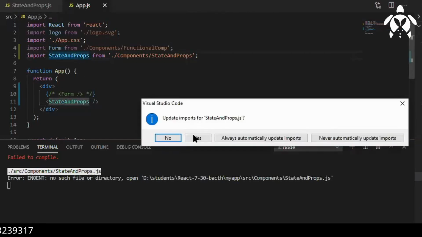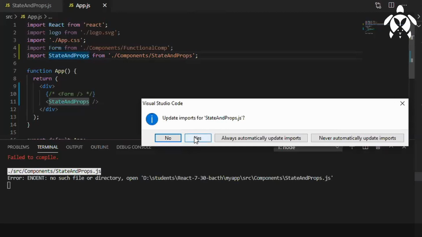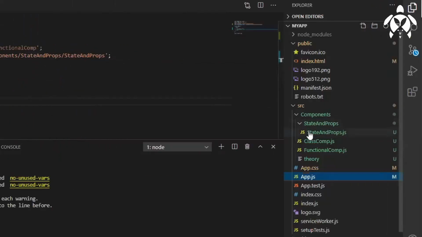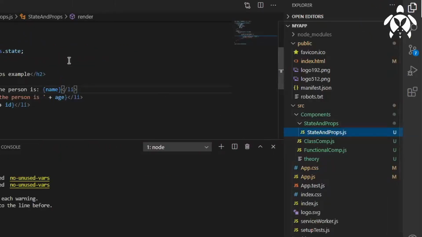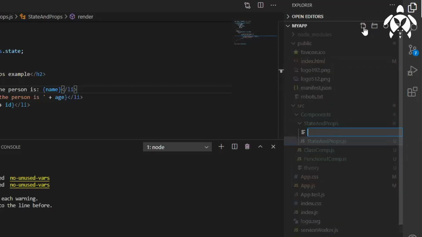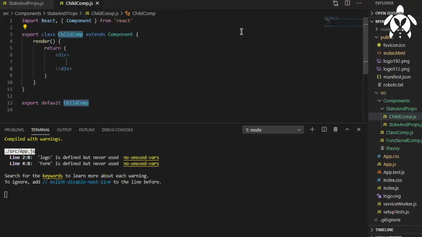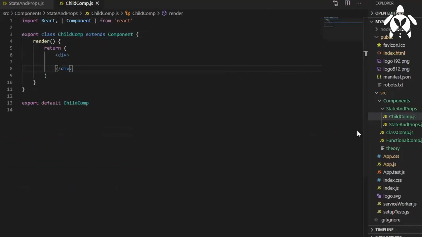Still not okay. So update imports. Okay, done. So inside this, I have got this state and props. Now what I will do is I'll create a child component for this, Child.js, and let me now use the snippet. Okay, done.